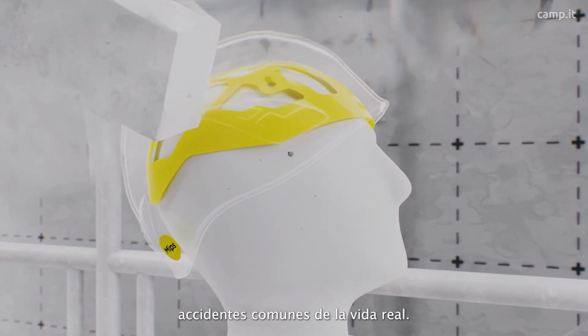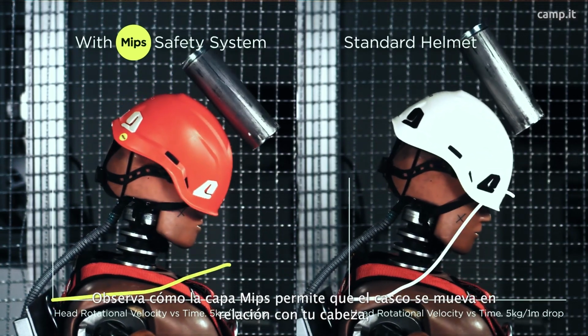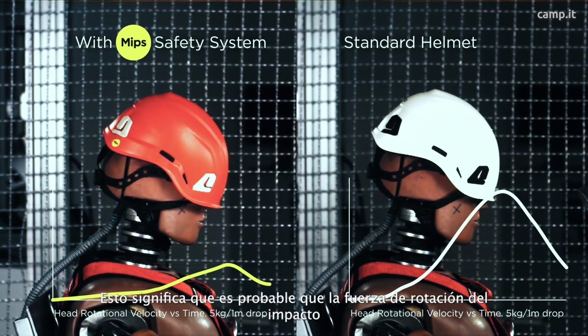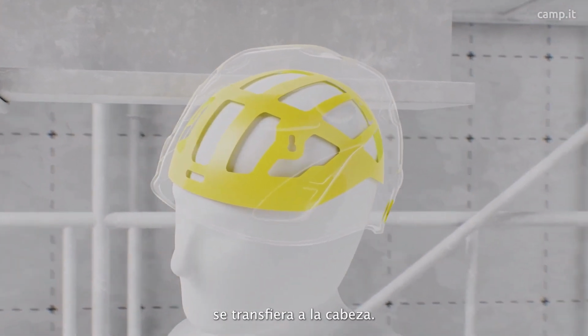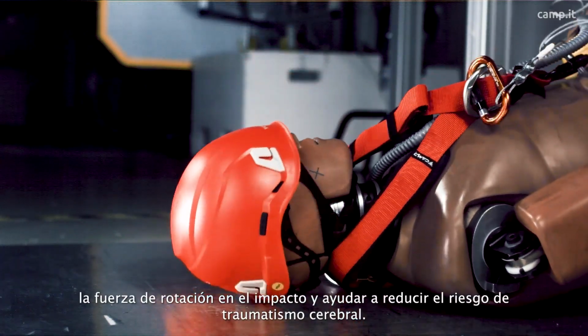Let's look at some of our research simulating common real-life accidents. In our first example, we have a falling object. Look at how the Mips layer allows the helmet to move relative to your head, causing less movement of the head on impact. This means less rotational force from the impact is likely to have been transferred to your head. This is the purpose of the Mips system, to decrease the rotational force on impact and help reduce the risk